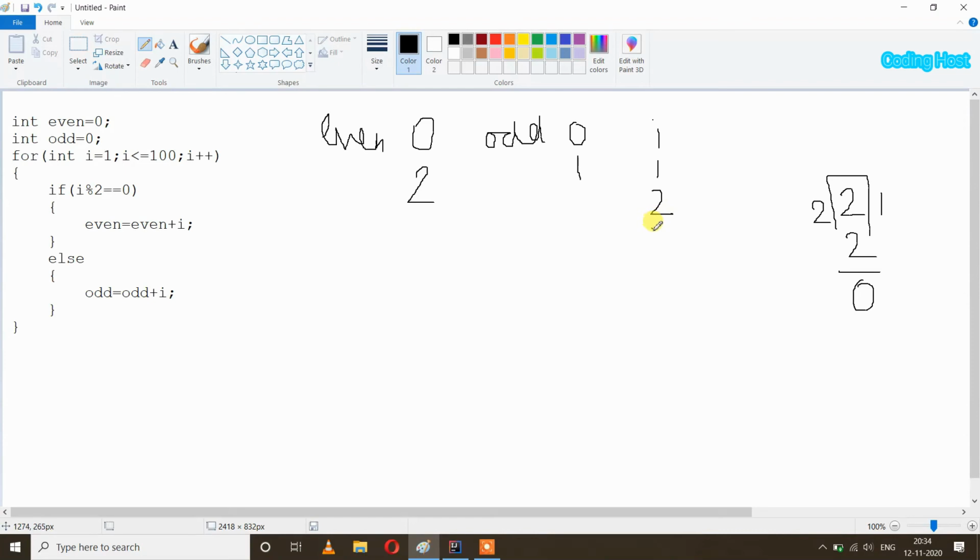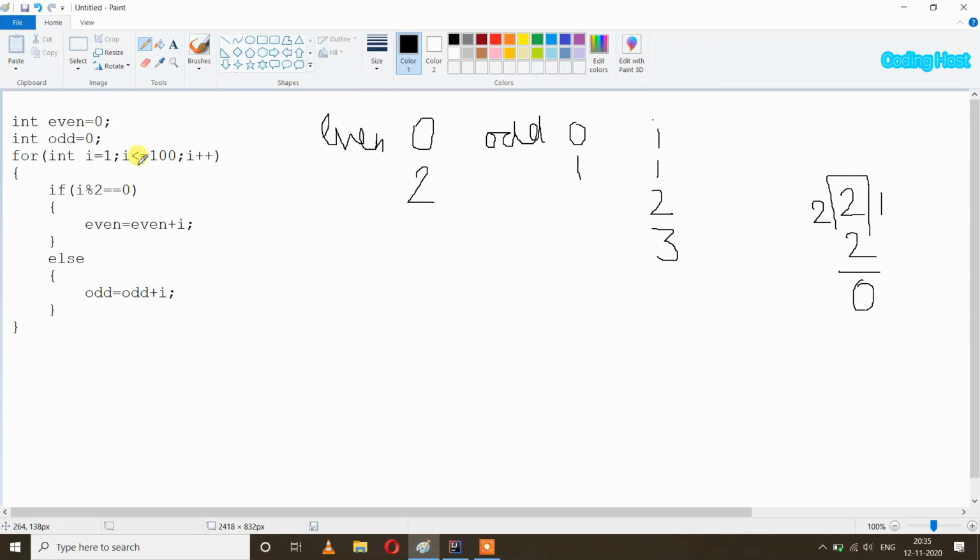After that i plus plus, so now i will become 3. So after that this loop will run up to 100, checking every number if it is even or odd. If it is an even number, it will get added to the even variable, and if it is odd, then it is added to the odd variable.